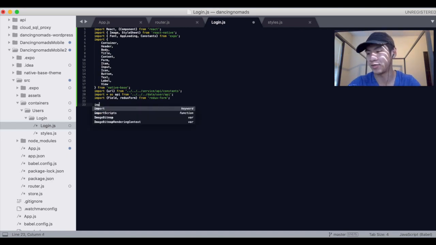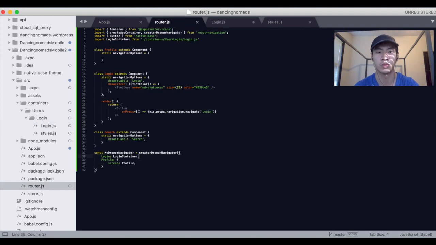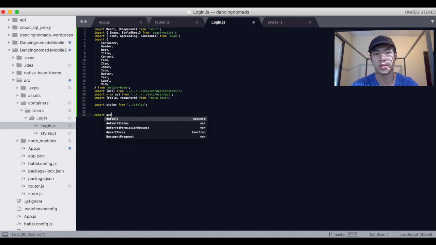And lastly, we're going to import styles from styles, which we just made. Okay, so that's that. After that, let's create this class, just like how we created all the other things in the router. We do class extends Component. So we're going to do export default class LoginContainer extends Component,